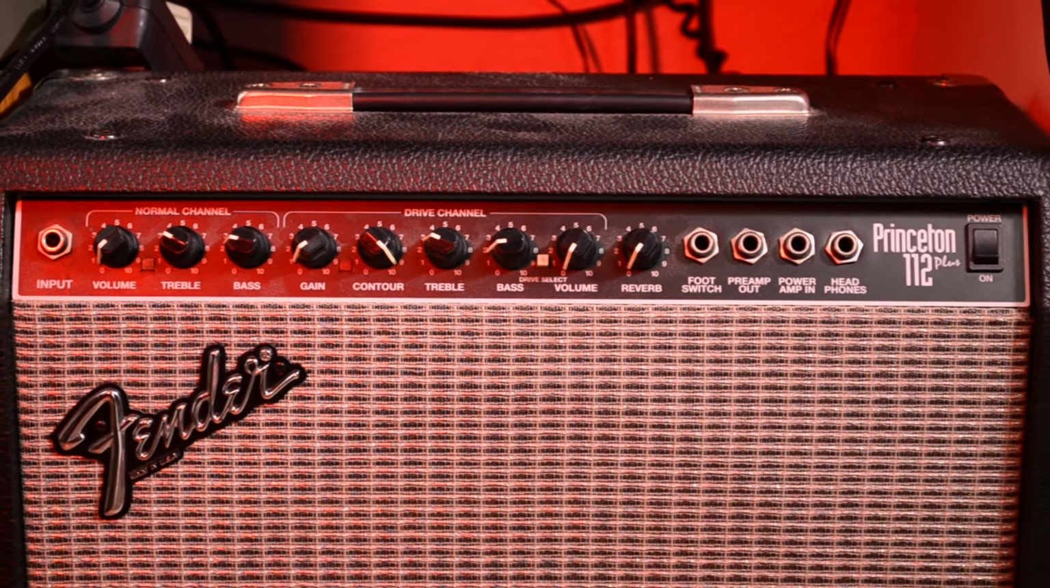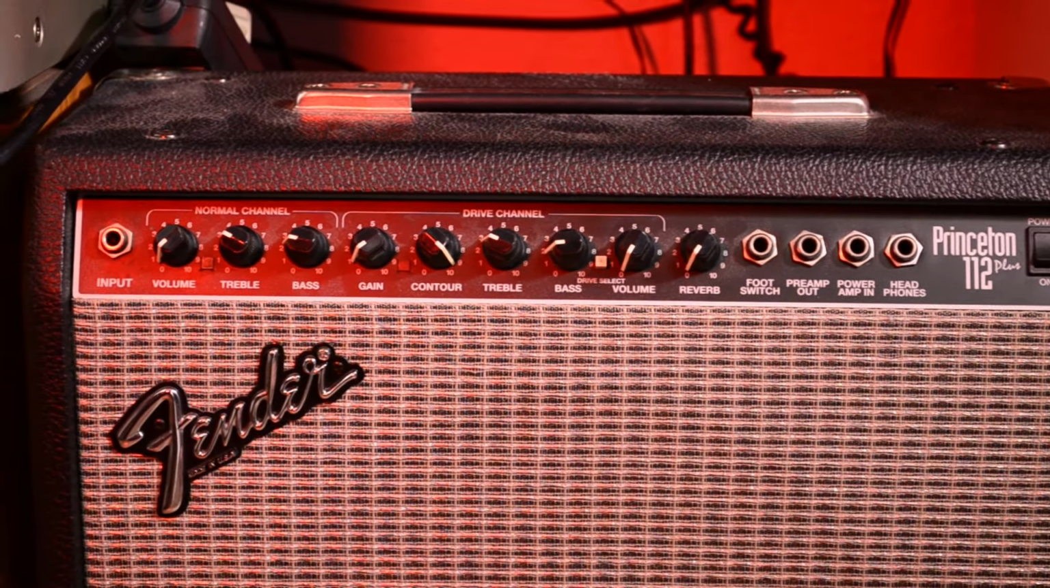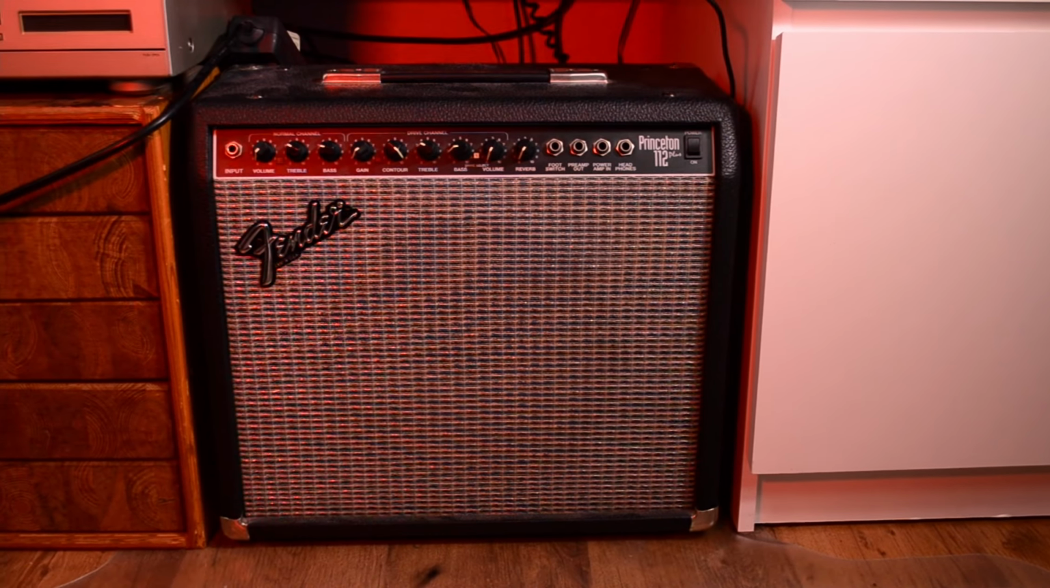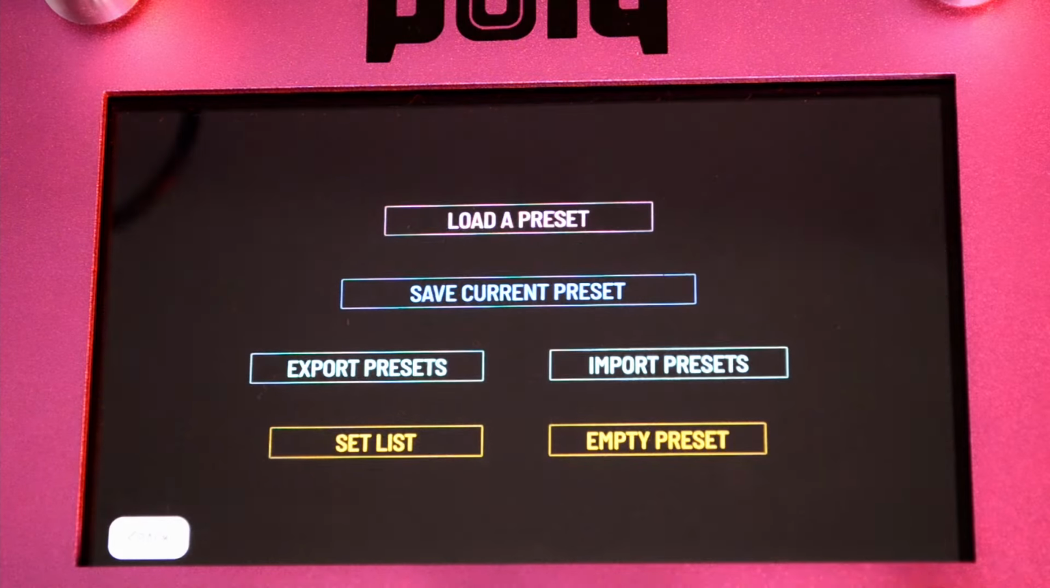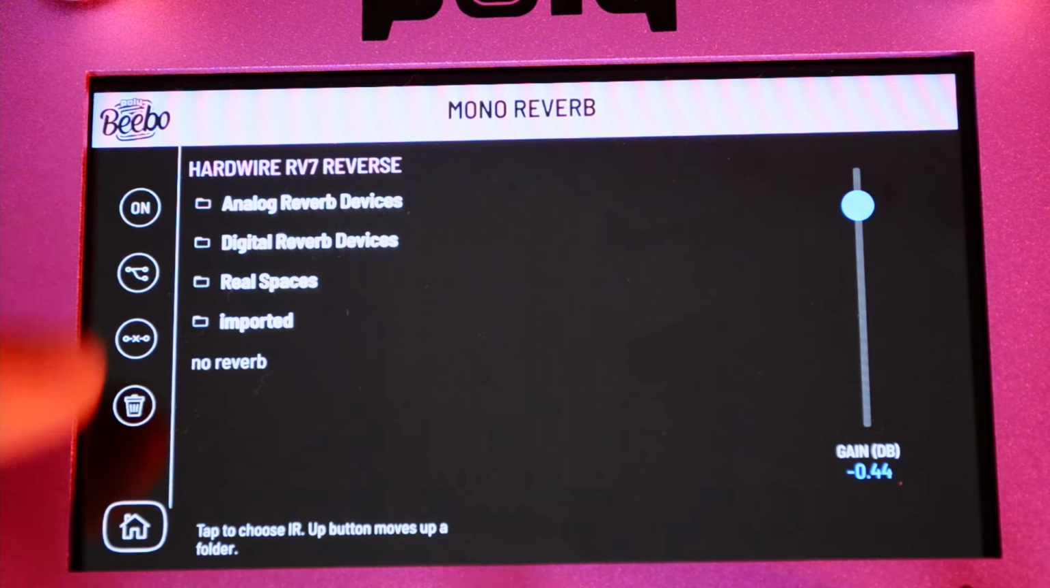And then there is this amp. This is the Fender Princeton 112 Plus. It's my all-time favorite amp. It has such a lovely clean channel. But we're living in a time where possibilities are just endless. This little buddy here is the Beebo, a touchscreen pedal that has a convolution reverb and an amp simulation that